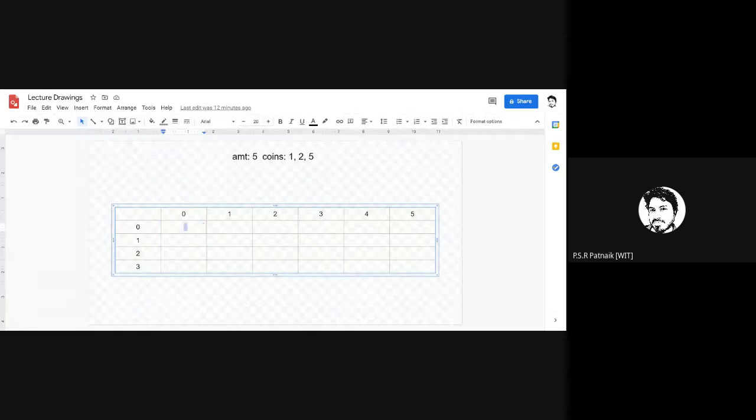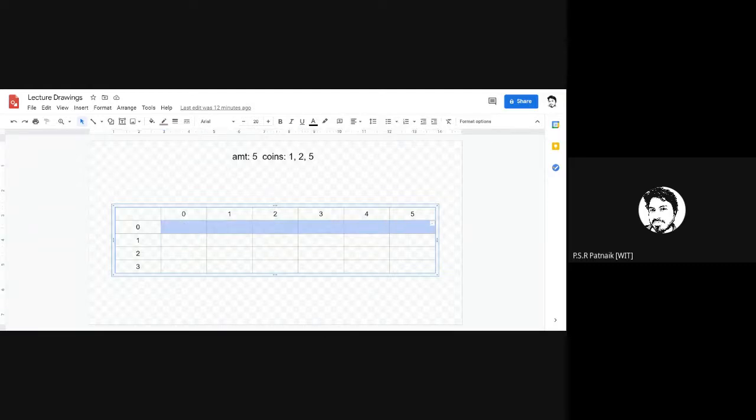Every block here represents the solution of one small subproblem. What are those subproblems, and how is the solution built based on the solutions of the subproblems? That's the bottom-up approach, and we will look into that shortly.